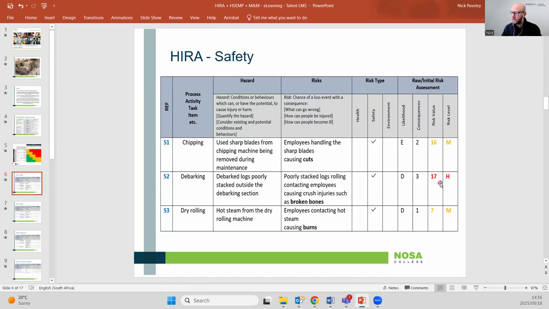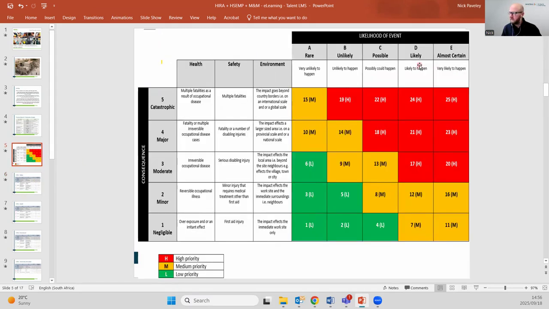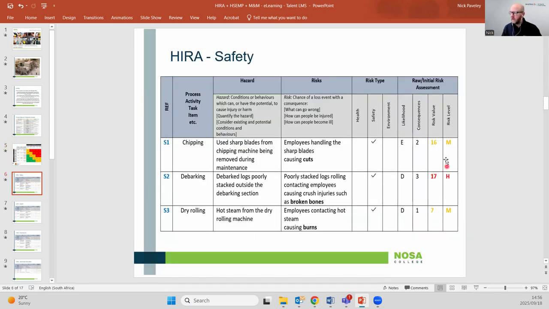17H. My employees contacting that steam, resulting in burns. My evaluation: D1. D, very likely to happen; 1, first aid injury. And when the 2 points intersect, that will give me 7 medium. Now, if you just look at these 3 safety risk assessments, remember, ladies and gents, what we said,